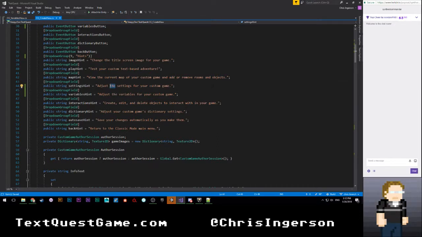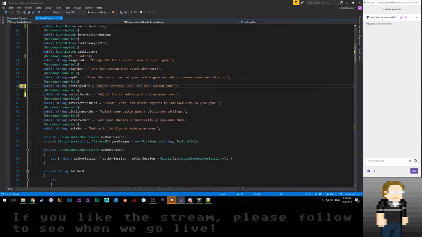Maybe I should, hold on. Let's see, adjust the variables your custom game uses. Let's go ahead and say adjust the settings. Let's go ahead and say adjust settings like. Trying to think what would be a good description for that.